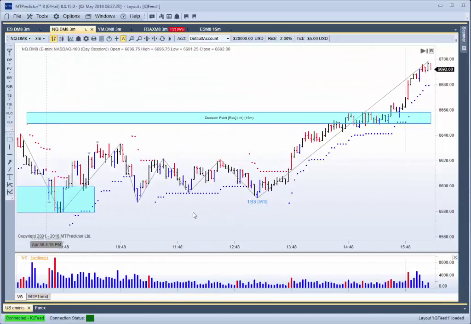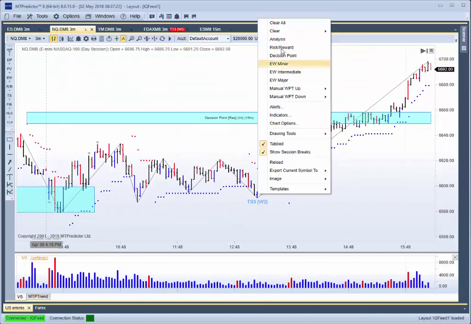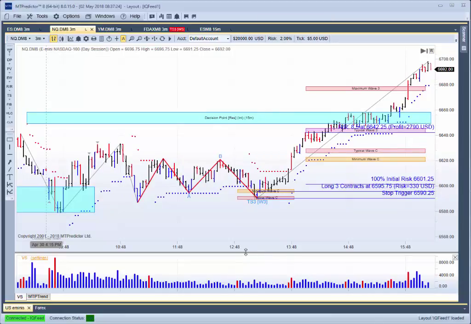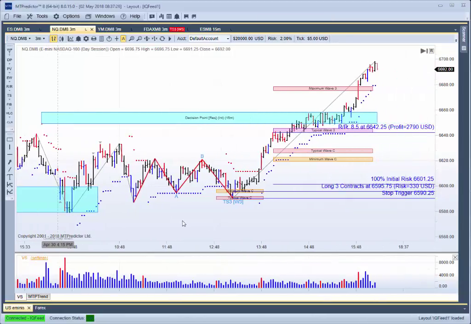So there you go, a good example of how best to use MTPredictor on multiple time frames. But the reason I wanted to do this particular example was because we were looking at these sell setups here in our live training webinar yesterday. So we were evaluating these at the time as they were coming in. So it's nice to see that they did